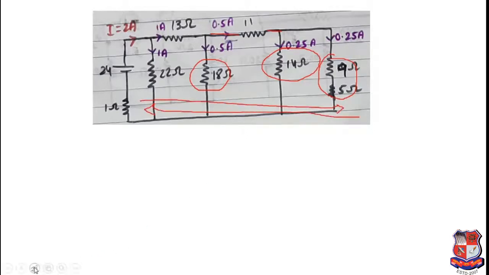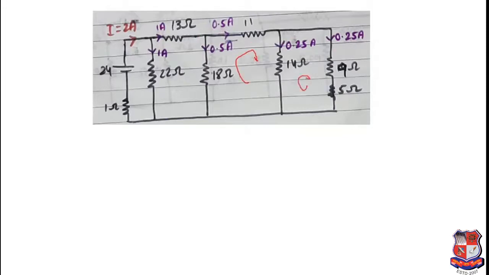Why did I do this? There is some reason, because in all the parts the current is getting exactly half. So you don't need to find the circuit by solving KVL equations or KCL equations, because all the resistances are exactly equal. So you can say that current will always divide in half. So here 1 ampere, this 1 ampere further goes and is divided into two parts, 0.5, 0.5. This further goes and is divided into two parts, that is 0.25, 0.25.